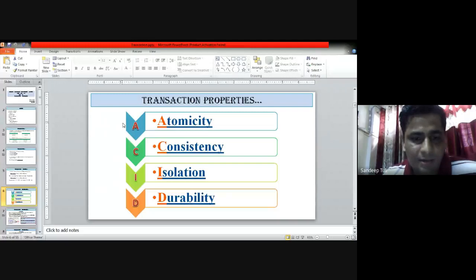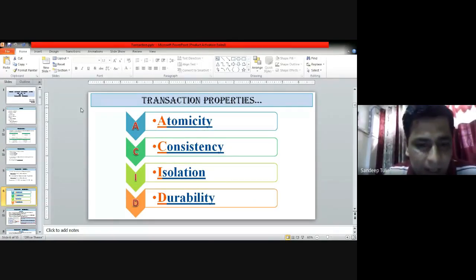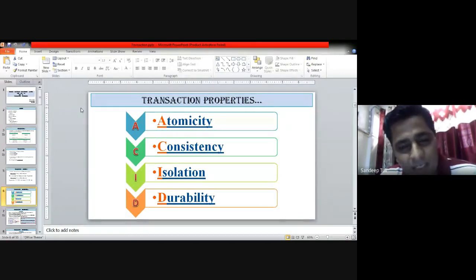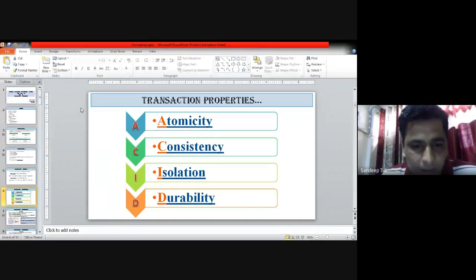This is a diagram through which I want to explain the properties of transactions. Transactions that we are doing with database objects must follow these four properties, and you can see that these four terms have been highlighted with A, C, I and D. It means ACID. I think all of you have heard the word ACID. So these transaction properties are also known as ACID properties. Directly in RTU you can get questions that discuss the ACID properties of transactions.